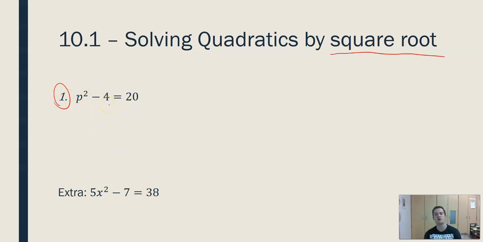So remember, when I'm solving quadratics by square root, I need to get this p squared business by itself, just as if there was not a squared here and I needed to solve for p. So in order to do that here, I start by adding 4 on both sides, because that'll get rid of this negative 4 here. And I'll be left with p squared equals 24. Well, now I need to square root both sides, because the way that I undo something squared is square rooting. So the square root of 24 is either